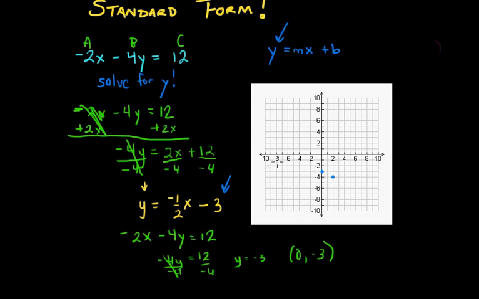Well, let's find the x-intercept, and we can make an even straighter line. So for the x-intercept, let us replace y with 0. When I do that, and I should write that over here, negative 2x minus 4 times 0 equals 12. Well, 4 times 0 is 0, so I got negative 2x equals 12. Divide both sides by negative 2. 12 divided by negative 2 is negative 6. So the x-intercept is negative 6, and writing it,